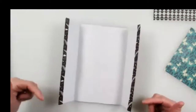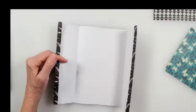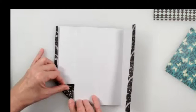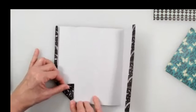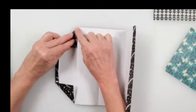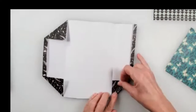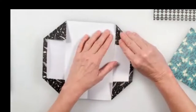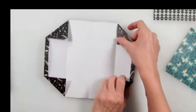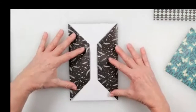So now I'm going to take these 4 corners, and I'm going to fold these corners right to that first crease, the crease that's right along here. So I'm just going to fold here on this side, and I'm going to do it on all 4 corners. I'm just folding to the closest crease to the edge. I'm doing that on this side too, both sides. Okay, so now that I've done that, I'm not going to create new creases. I'm just folding them right back onto